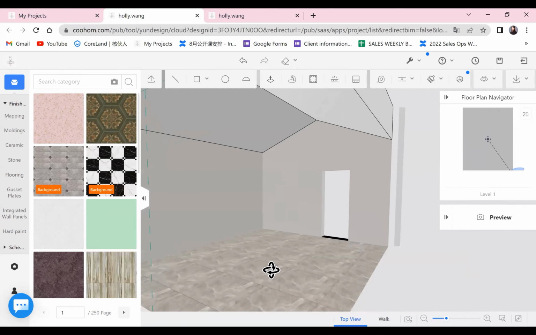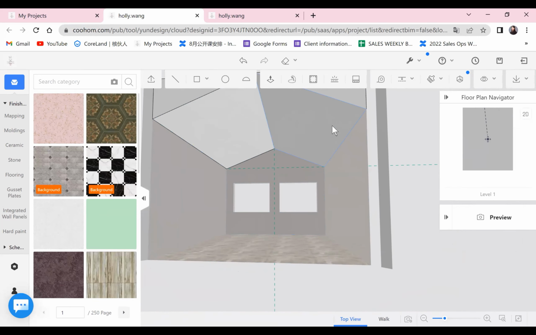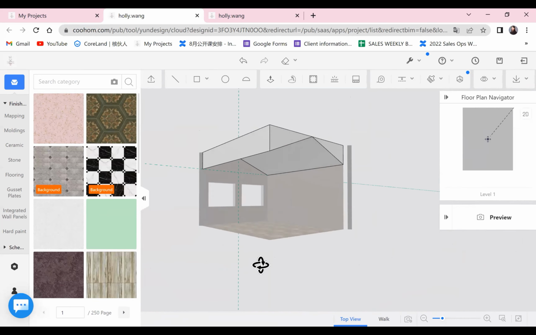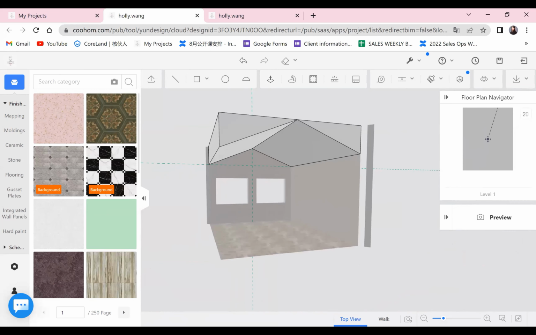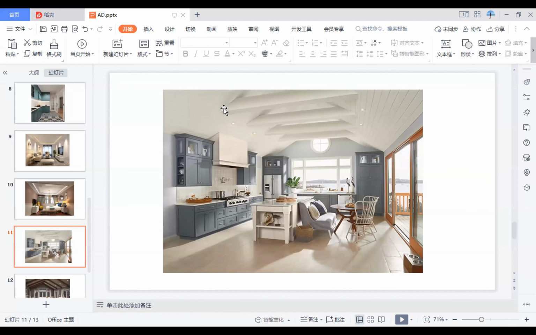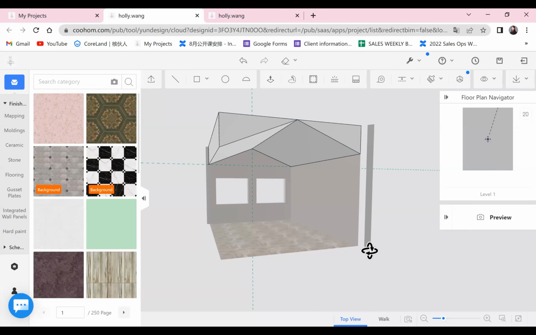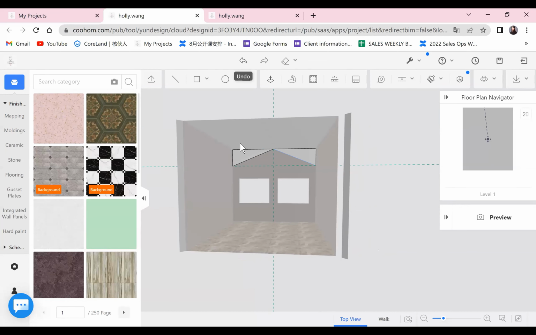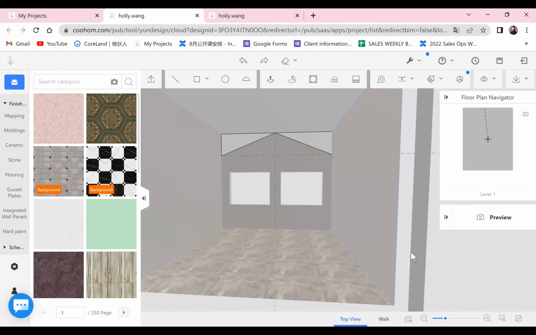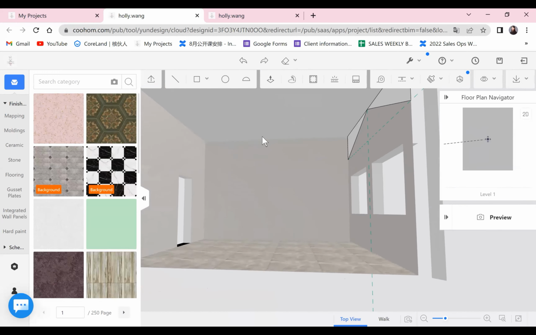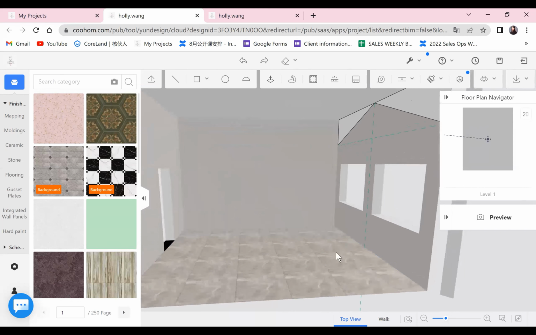Next is how to draw the beam. One, two, three lines, like that. But for this design, I think it's better to draw the beam and then push these two parts. So we'll go back. I will leave the shape right here, and now let's go to the other side to draw the beam. We will use the same way: first draw the shape and then pull it to the other side.